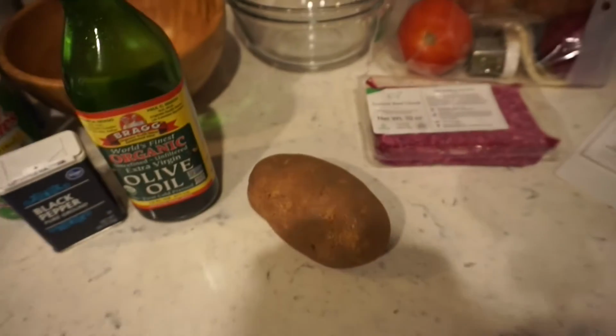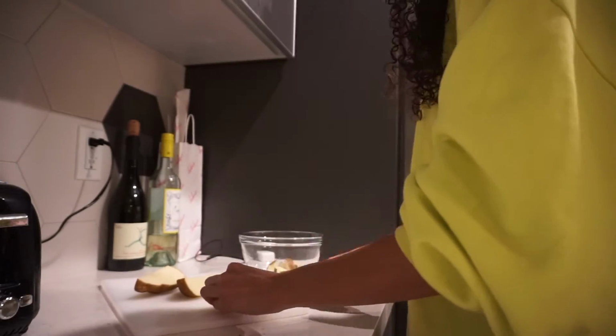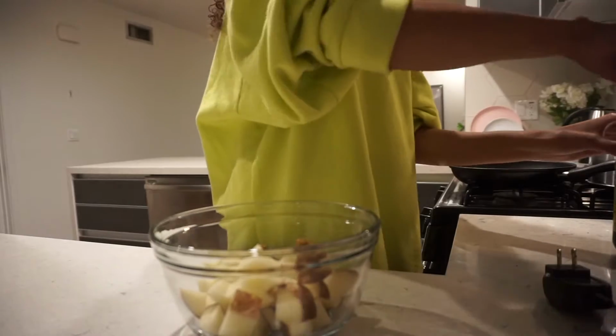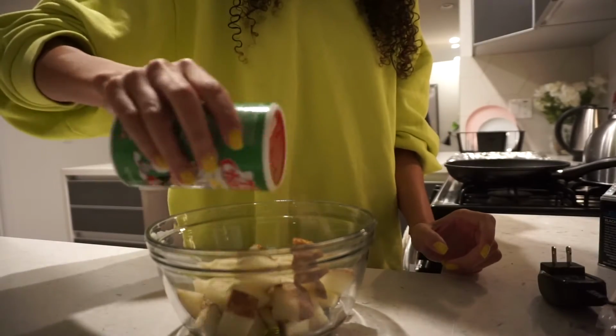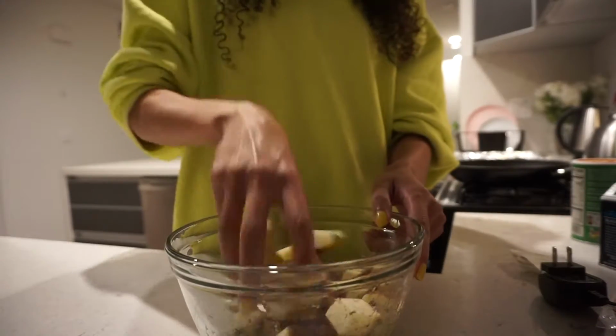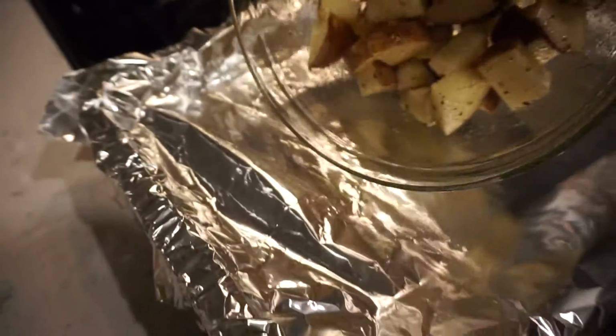Okay, so I'm gonna wash this potato and then cut it up and season it. So potatoes are all seasoned up, and we're just gonna put them on a baking tray. Put this in the sink to wash later. I'm just gonna lay them out all nice and thin, one layer. Well,